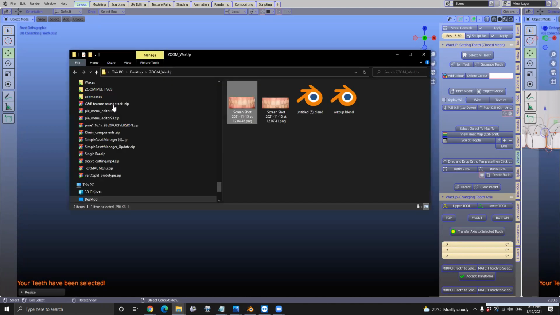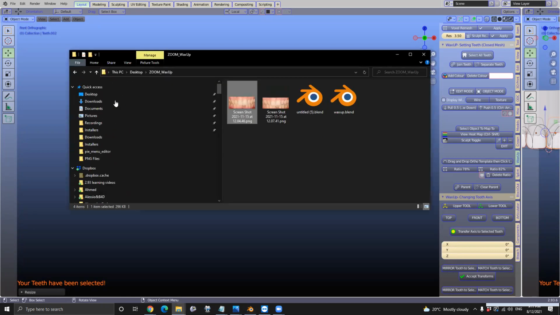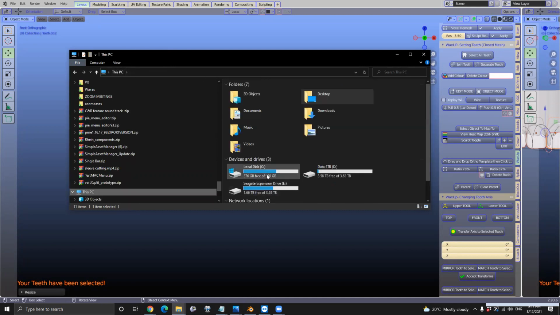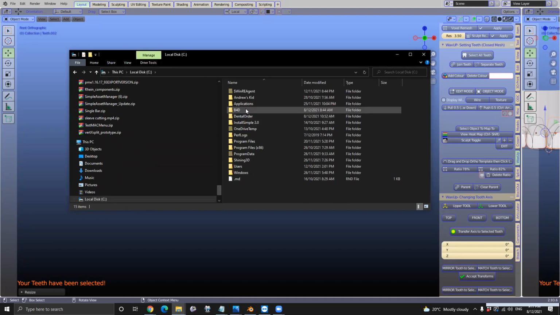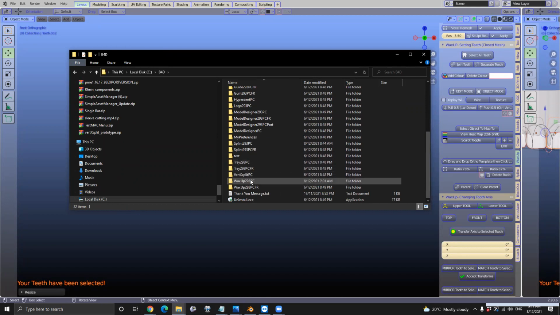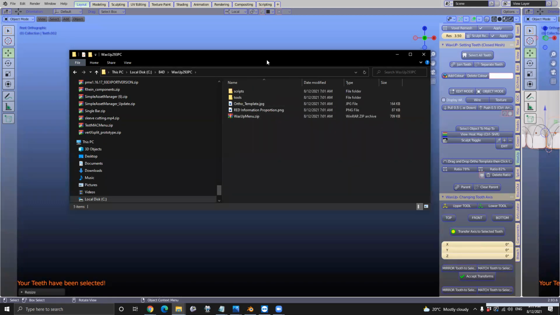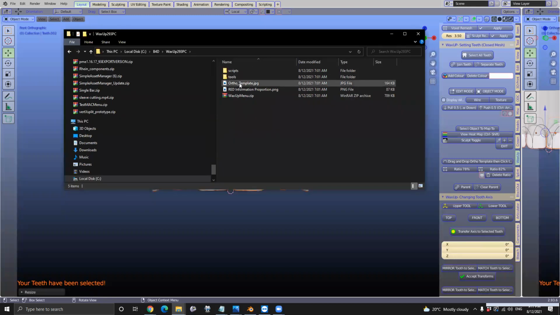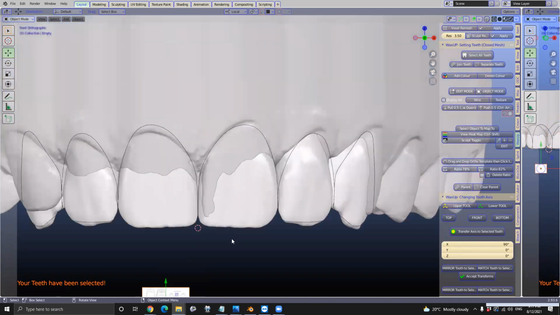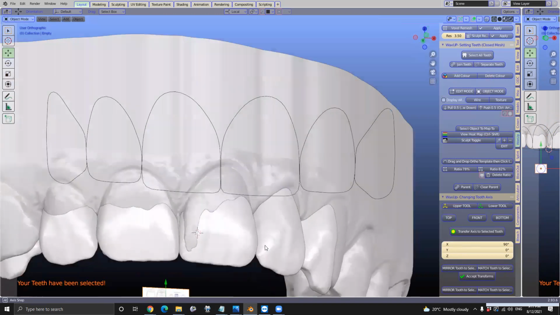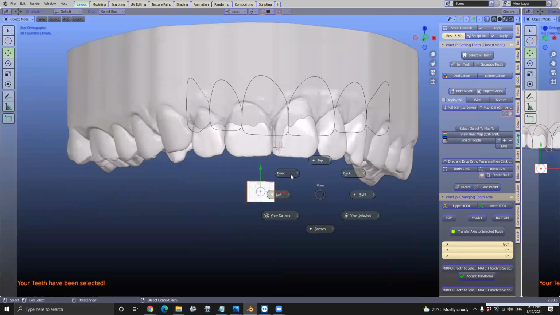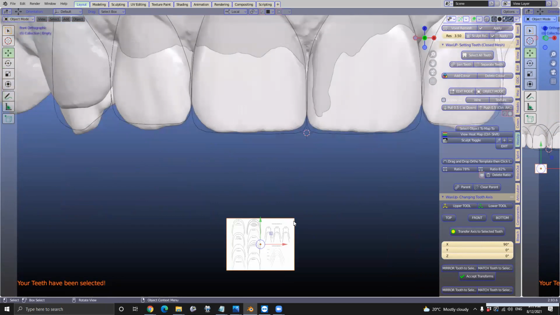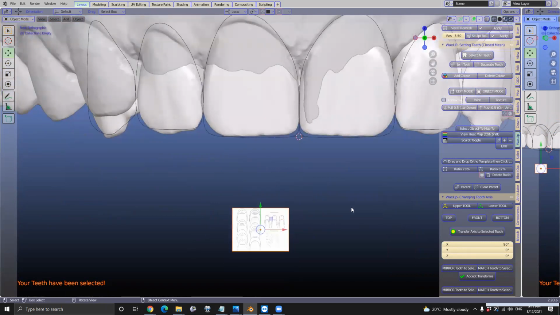Okay, so what we're going to be looking for in the model design, in the wax up module, we've got something called the ortho template. Now this is quite good. So what we're going to do is we're going to drop it into Blender, exactly like we did. Just a normal JPEG that you could actually bring in your own template if you like. Yeah, that's correct. So we're going to select it, make sure it's selected, and we're going to place this into